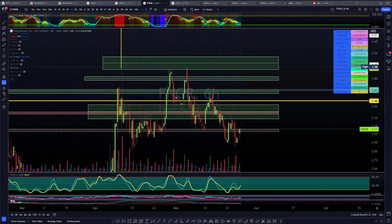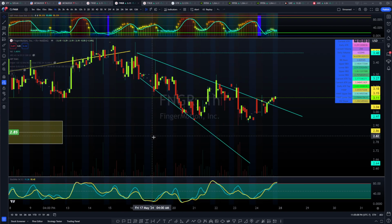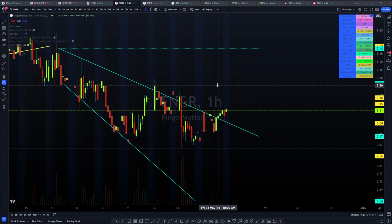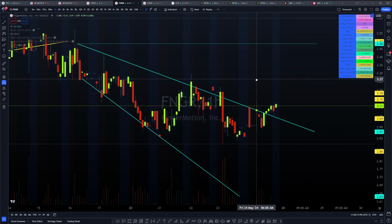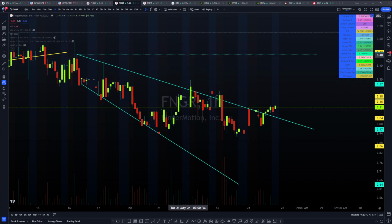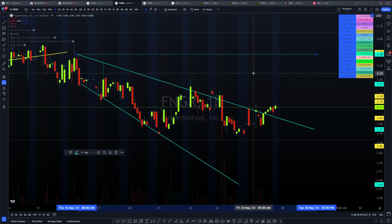Let's go ahead and take a look at FNGR here on the 6-hour time frame. In fact, let me just dive straight into the bullish signals that I'm catching. First of all, this is on the hourly time frame, the immediate short-term time frame. This is called a descending broadening wedge with a total take profit formation target or price objective of about $3.48